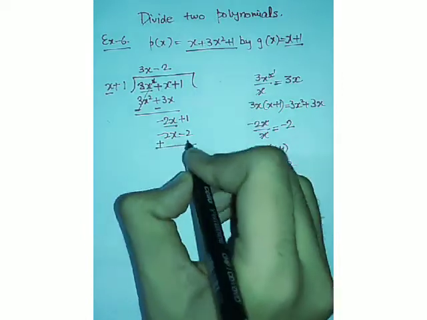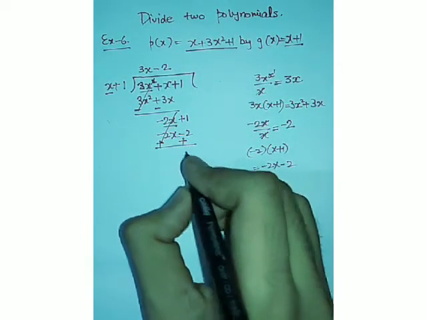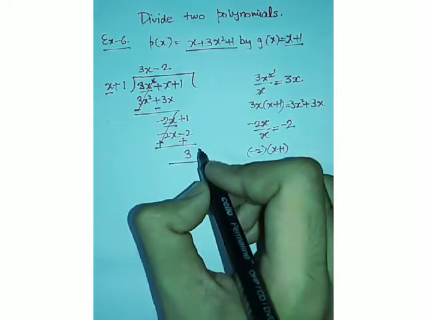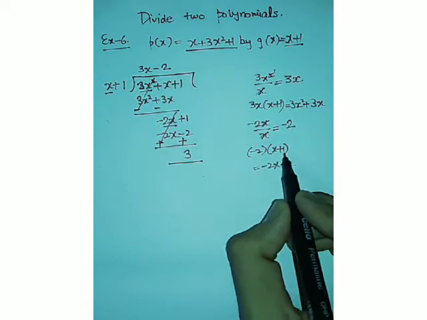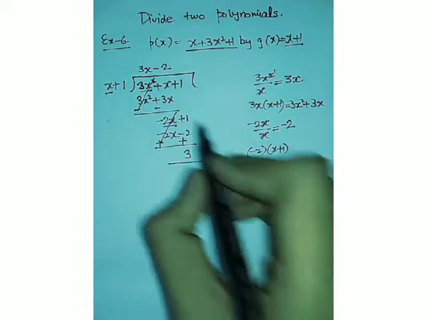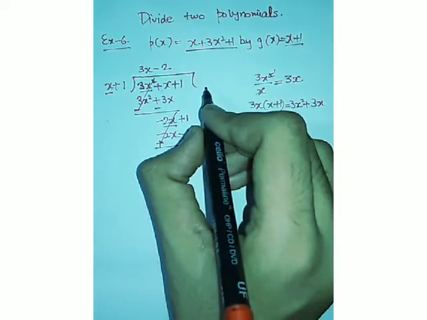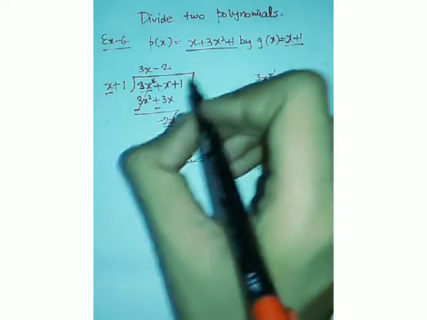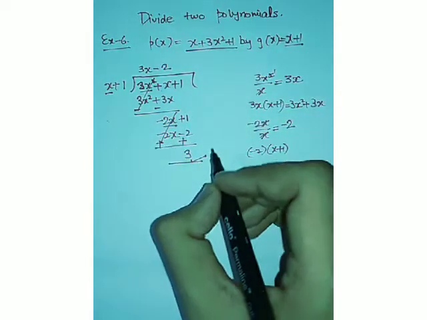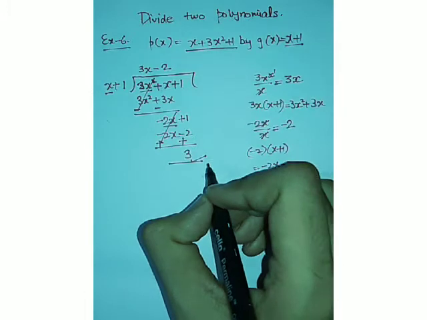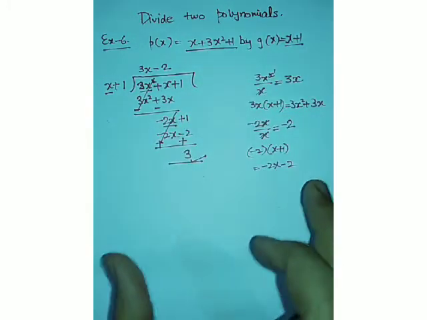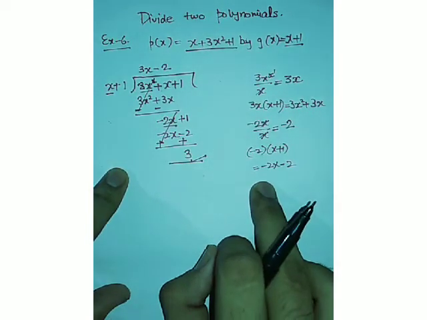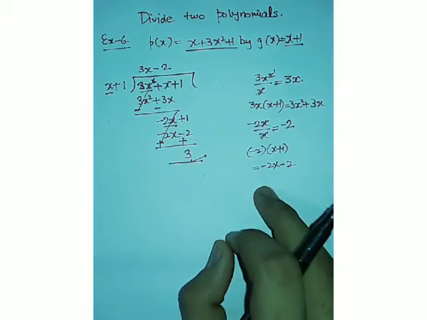Now just change the signs, this will be cancelled, and 1 plus 2 will be equal to 3. Here I guess in the statement it's plus 1, yes, it's 3. In the book the statement has minus 1 and here I have written plus 1, so it doesn't matter, we were just dealing with our answer or remainder. So this was the procedure which must be followed in order to get the remainder right. This is how you do these kinds of sums.